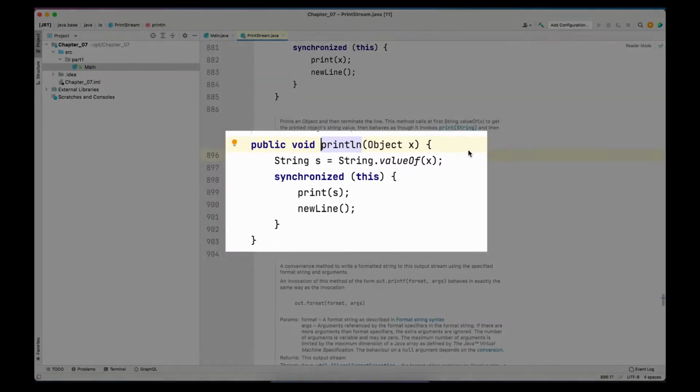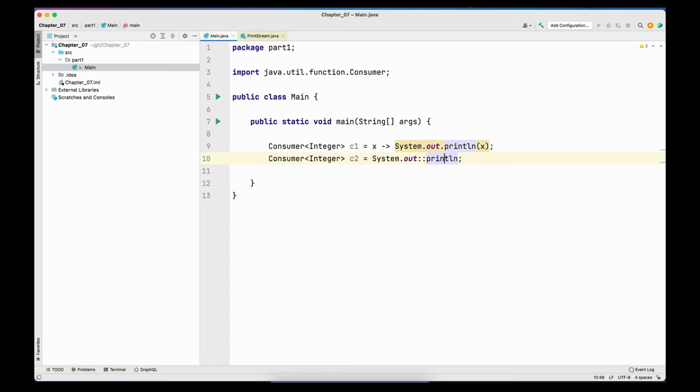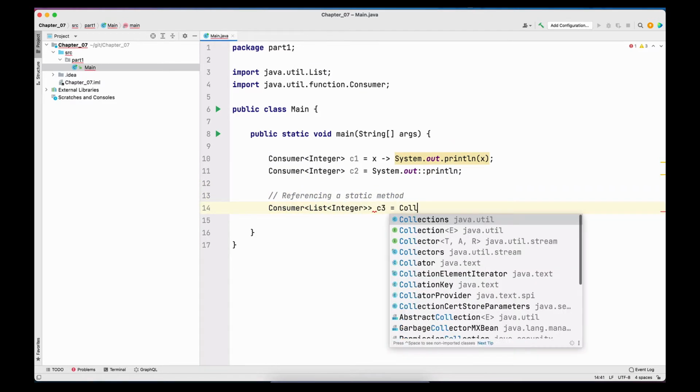So that is essentially what method references are. Method reference is just a different way to write the lambda expression. Method reference is less verbose. We don't have to type as much as we have to do for lambda. Let's look into 4 main categories where method references can be used. Now the very first one is referencing a static method. So I'm going to go ahead and write a consumer and I will use the static method and also the method reference way of defining the consumer.